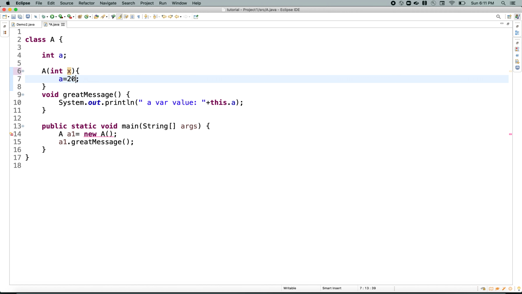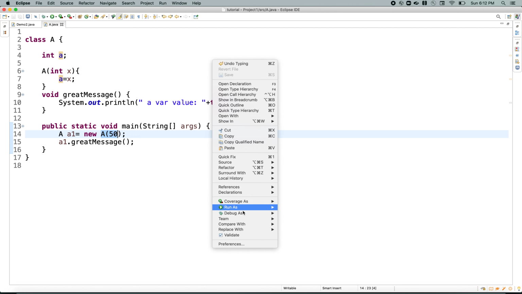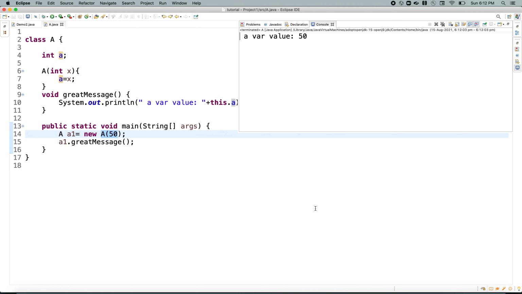a constructor with arguments at the class level. Okay, see here, what I'm doing is I have defined a constructor with one argument. It's taking an integer variable, and that value should be assigned to the integer variable a. So whenever you create an object, you have to pass some value, and that value will be assigned to the object's variable a. Okay, let's run this